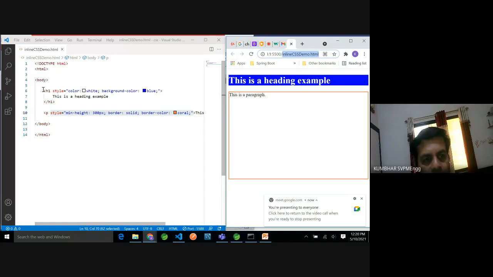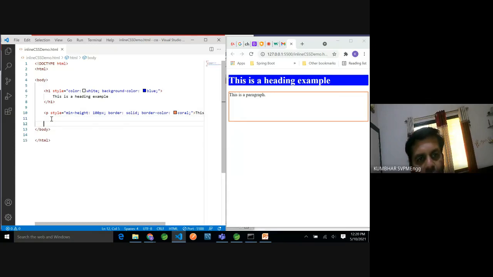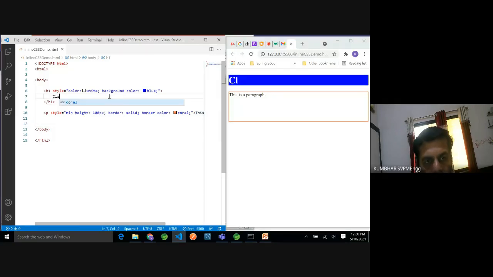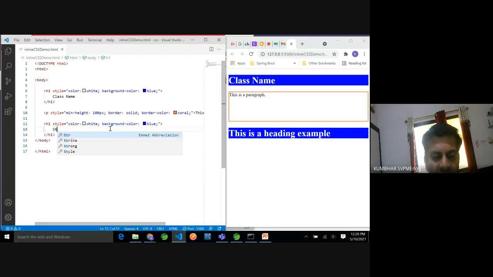Let me minimize this size so that we can observe the next example on the same screen. So let me write, suppose this is the class name. Then I have to give the heading, students list.